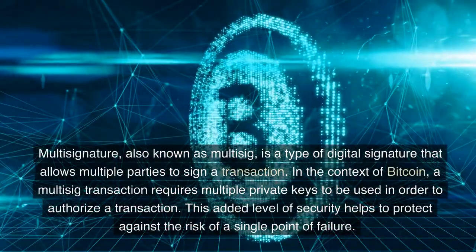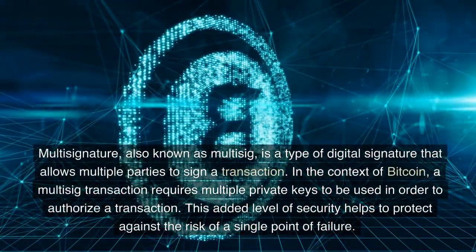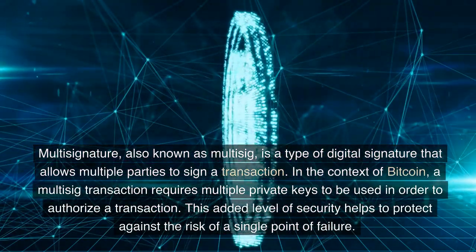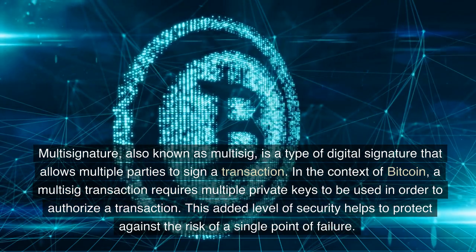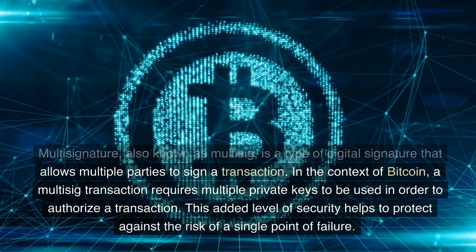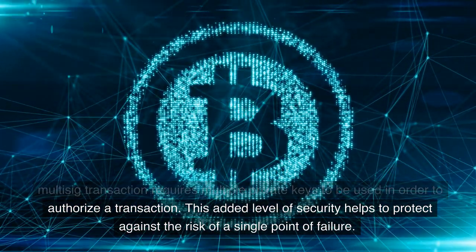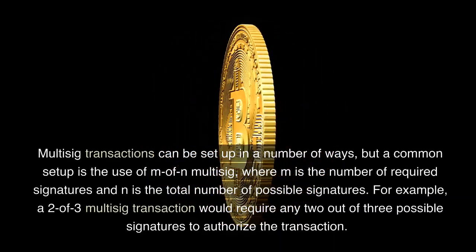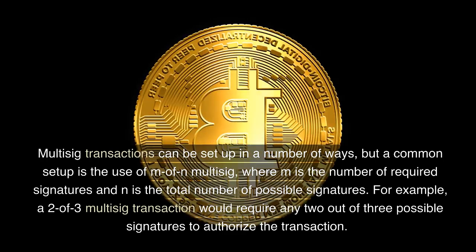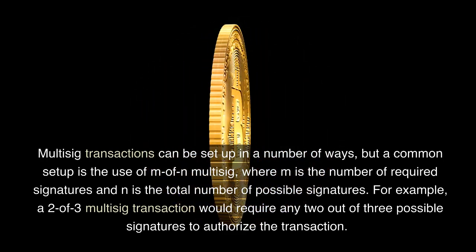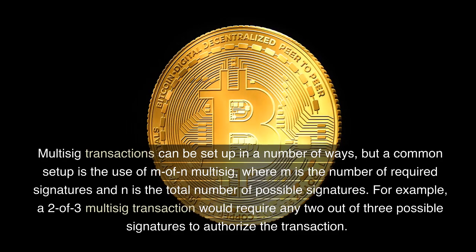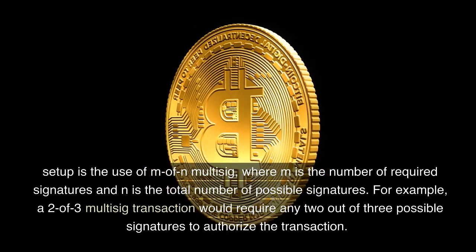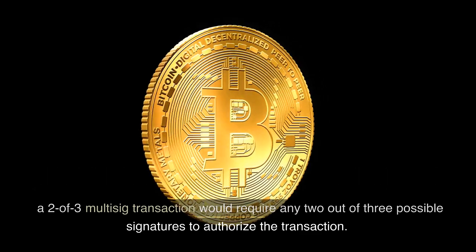Multi-signature, also known as multi-sig, is a type of digital signature that allows multiple parties to sign a transaction. In the context of Bitcoin, a multi-sig transaction requires multiple private keys to be used in order to authorize a transaction. This added level of security helps to protect against the risk of a single point of failure. Multi-sig transactions can be set up in a number of ways, but a common setup is the use of M of N multi-sig, where M is the number of required signatures and N is the total number of possible signatures. For example, a 2 of 3 multi-sig transaction would require any 2 out of 3 possible signatures to authorize the